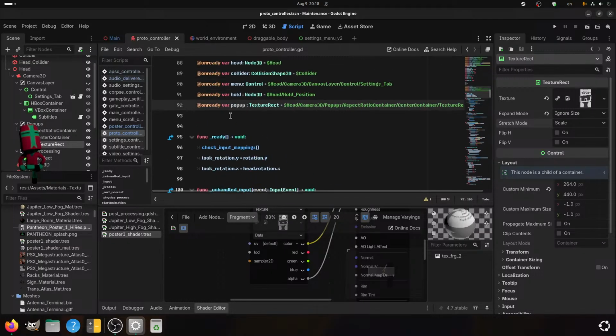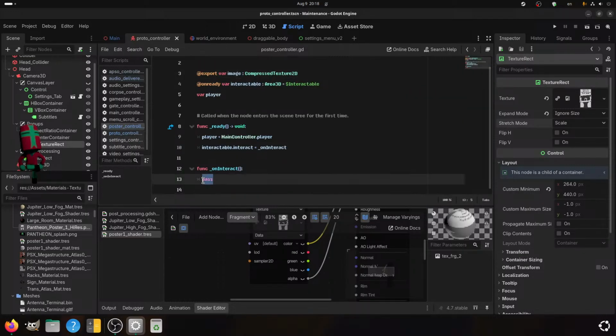Excellent. So from here on, poster control on interact.